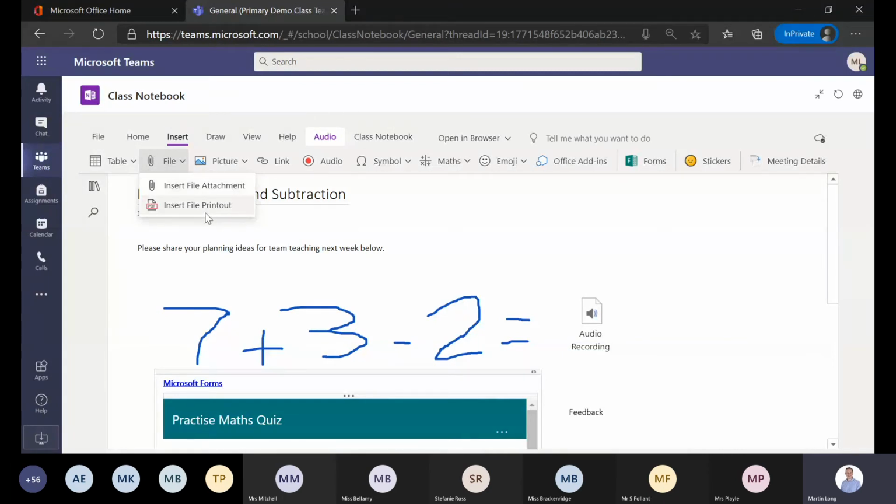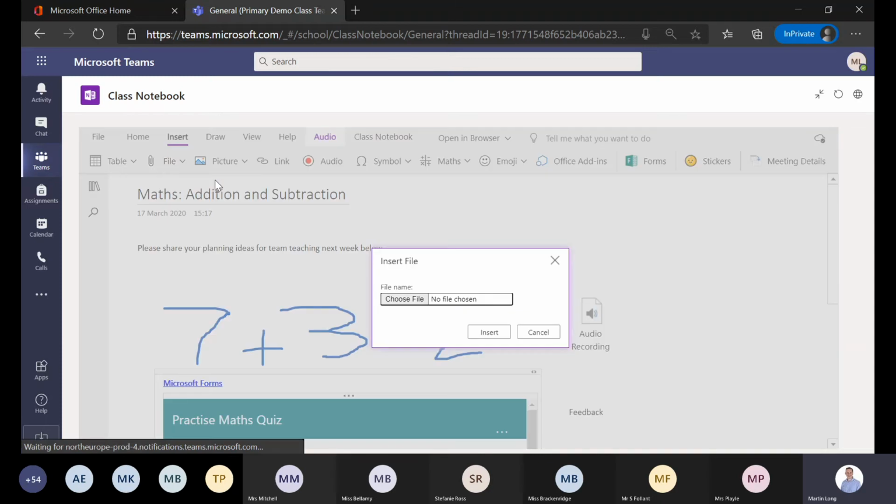You can print PDFs. So if you've got things like Twinkl resources in primary, or you've got a worksheet in maths in secondary, and it's come from a PDF for the resource you buy into, you can print the PDF onto the page here, and then you could use the drawing tools to ink over the top and annotate the page, or you can choose your file from your own library of files on your computer, from the server shares,